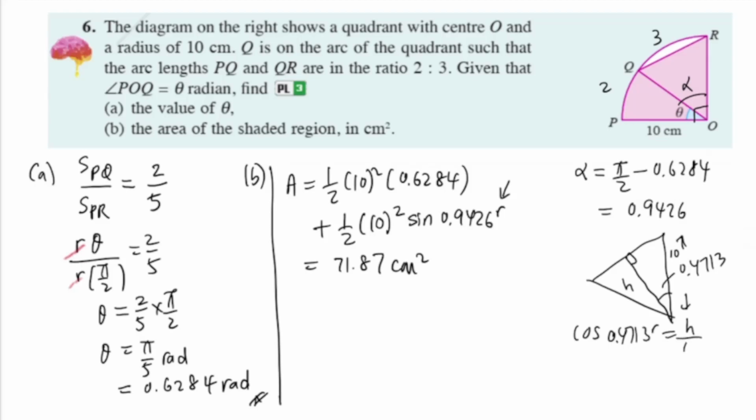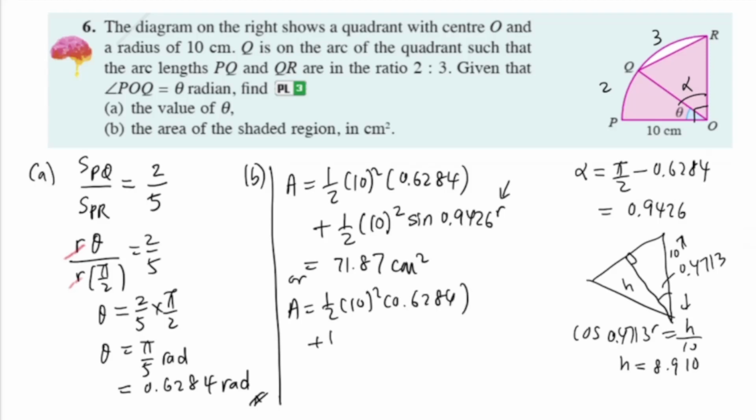So calculator in radian mode, cos 0.4713, you times 10, you find your height first, which is 8.91, and then you take your area, half r squared theta, 6.284,